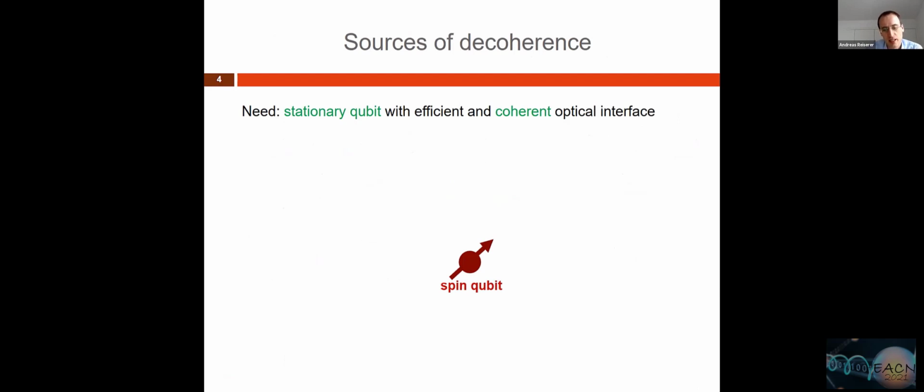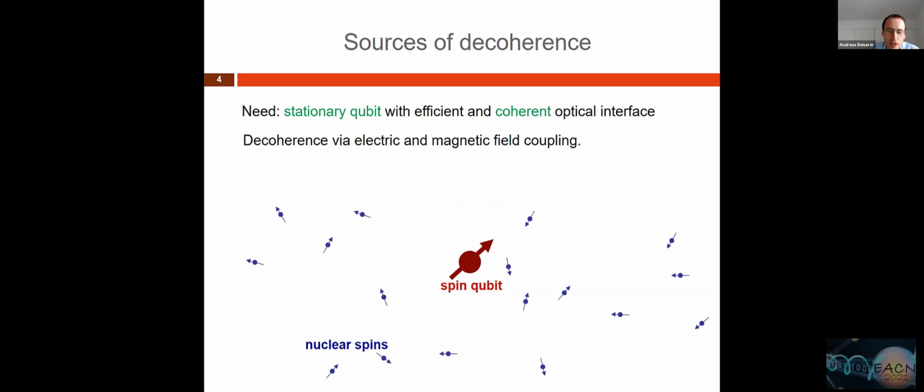Let's take a step back and look at the physical spin qubit system. Ideally, what you want is a system that's isolated from everything else: a single qubit which does not interact with anything but the radiation you provide to it. Unfortunately, in a solid that's not the situation you encounter. You will have decoherence of this spin qubit, caused by coupling to electric and magnetic fields. In any crystal, you will have a lot of sources of such fields. For example, you will have isotopes which have a nuclear spin, and in this way have a small magnetic moment that couples to the magnetic moment of the spin qubit.